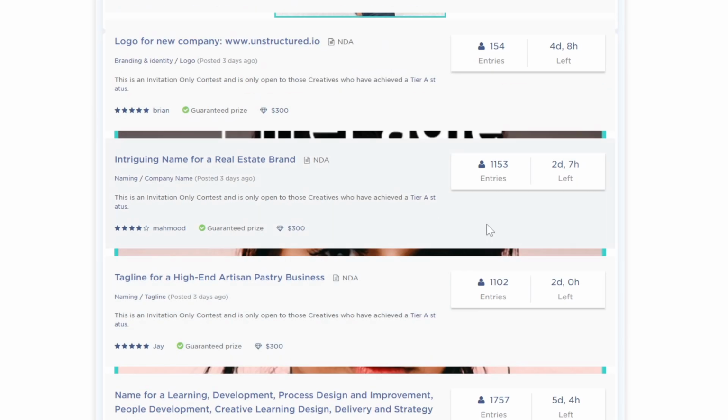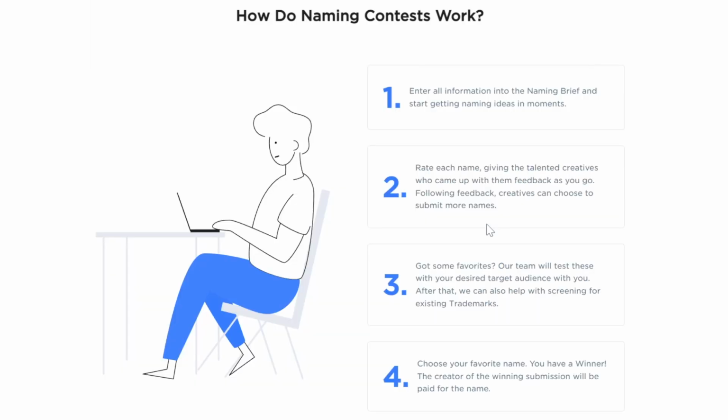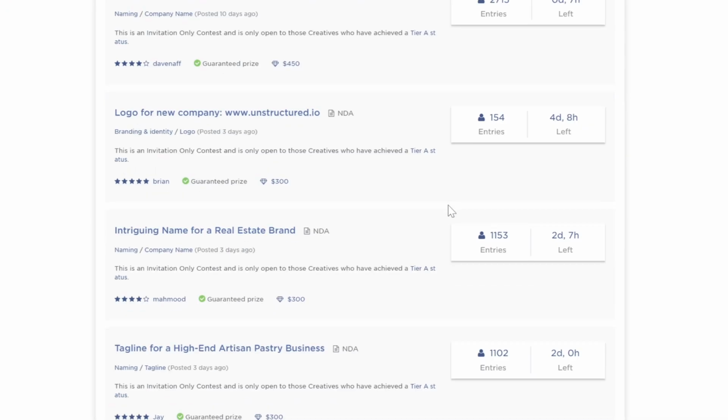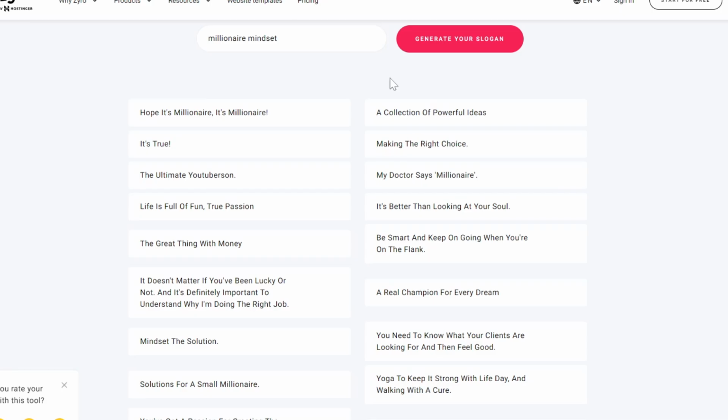But just to make sure that you understand, you're not just suddenly going to get $300 for submitting your name. The company does have to choose your specific name out of the list of 154, for example, if they like yours the most. But there's no harm in trying. It's literally a free opportunity to get a free $300, which is really easy to do since you've got Xyro to help you out.